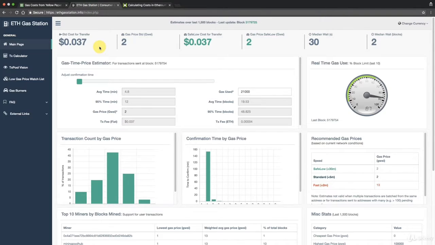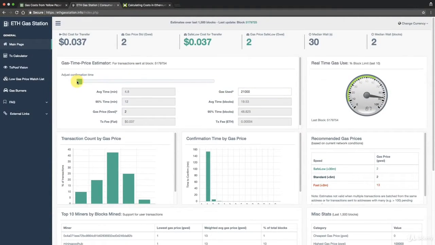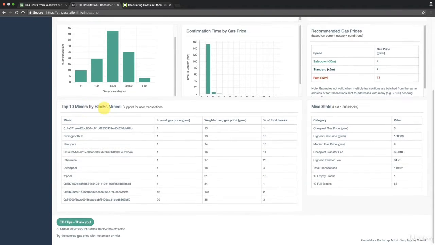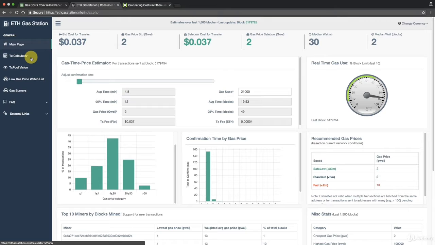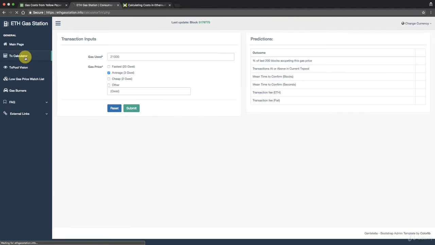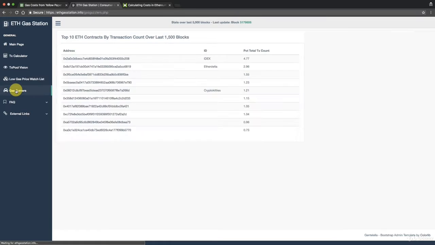Then I also wanted to show you ethgasstation.info over here. I don't use this website, I'm not a developer, but if you are going to be developing things, you might want to check it out. I think what it does is it helps you estimate how much gas you're going to be paying and so on. So yeah, the point is it exists. They actually take care of their community and make sure you have access to information like that.